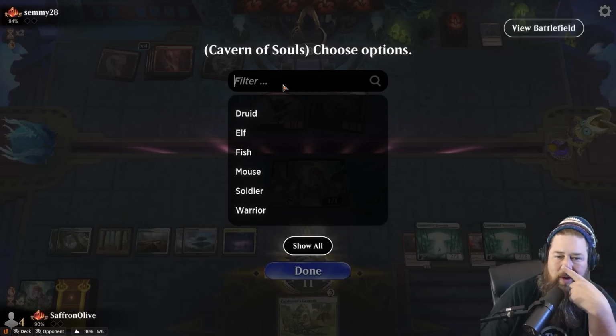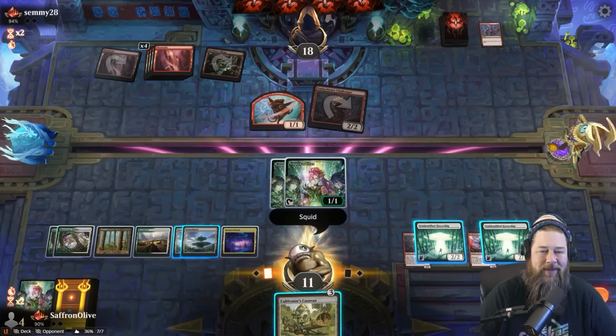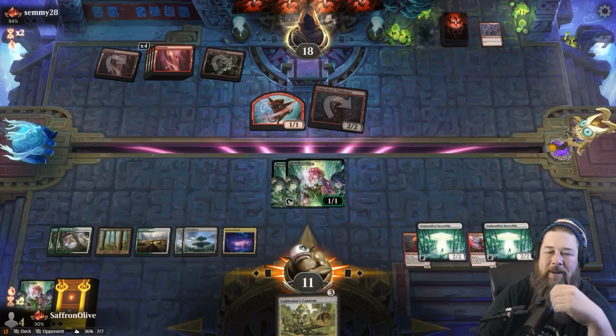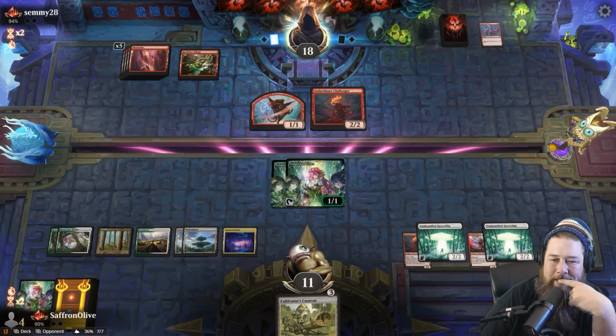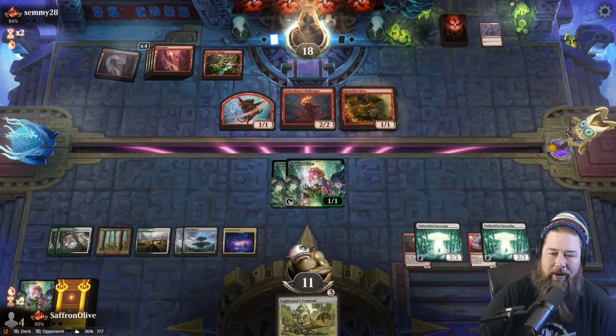What can we say that would throw our opponent off? Squid? How about Squid? Cavern on Squid. That's going to make our opponent think. Oh, we're just trying to burn away a few of our opponent's brain cells. Puzzling why we would possibly name Squid with our Cavern. Maybe they forget to cast a pump spell or something. Opponent, Heartfire Hero. We're in the long